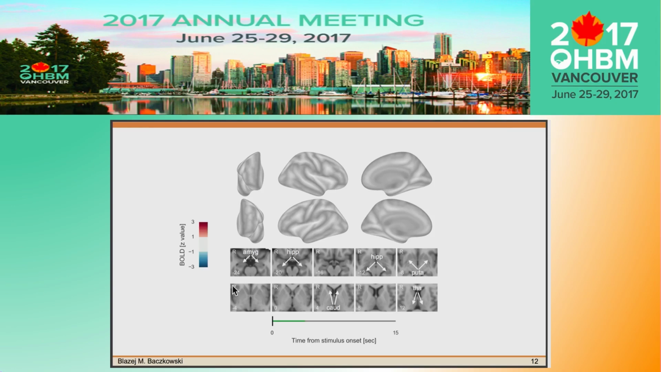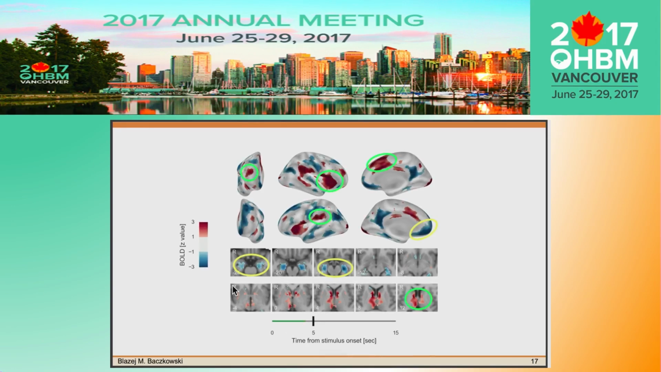So now I will just simply start, and we see that around 5 seconds after the onset of a threat-related cue, we see a clear formation of the salience network. There is activation in the dorsal anterior cingulate, anterior insula, supramarginal gyrus. And also what we see that is typical in this paradigm is the deactivation in the ventromedial prefrontal cortex and